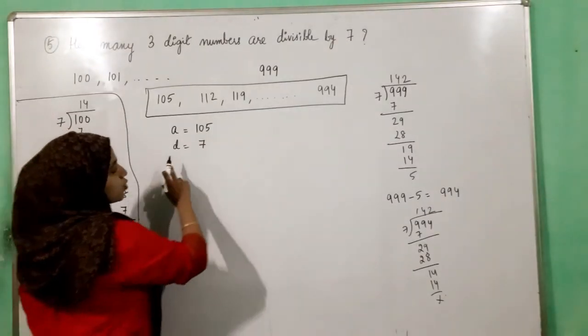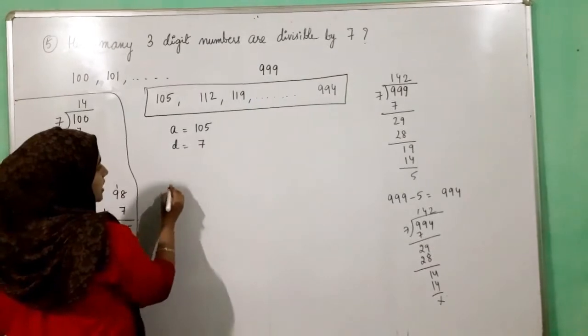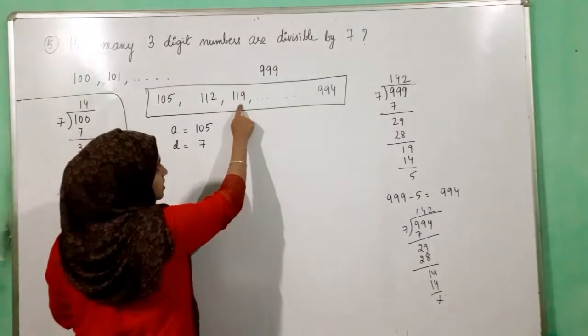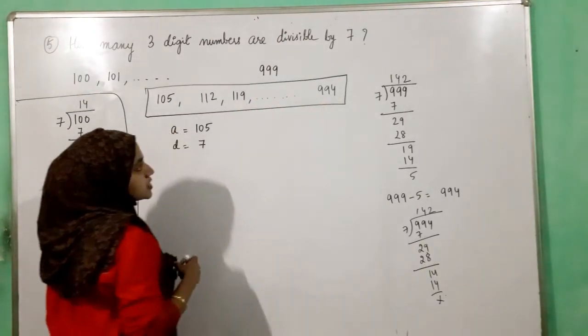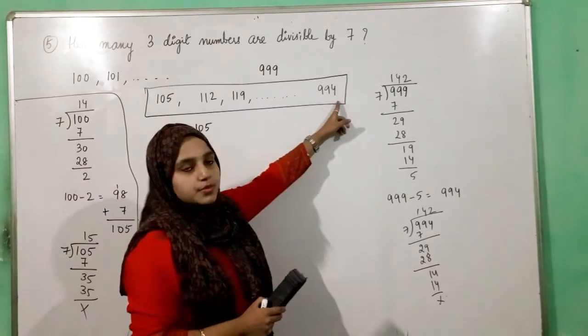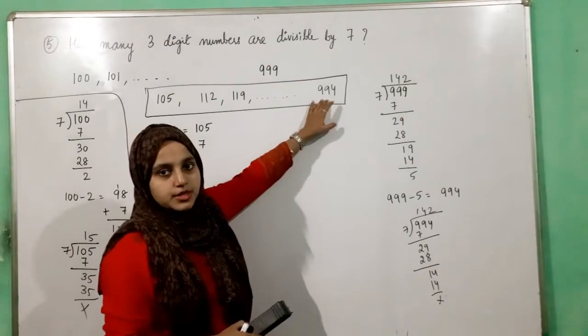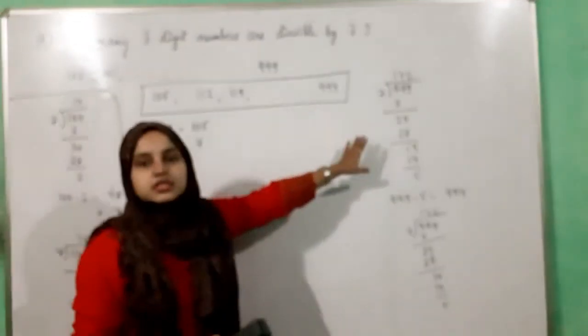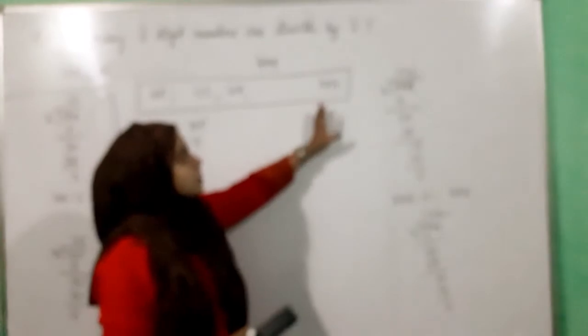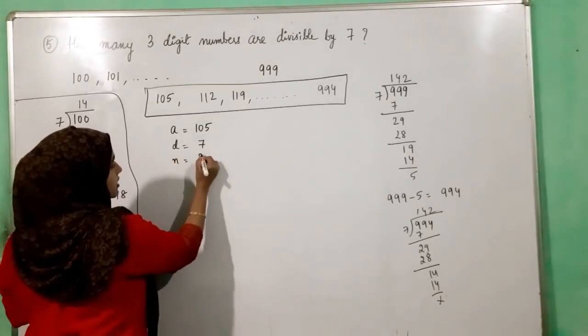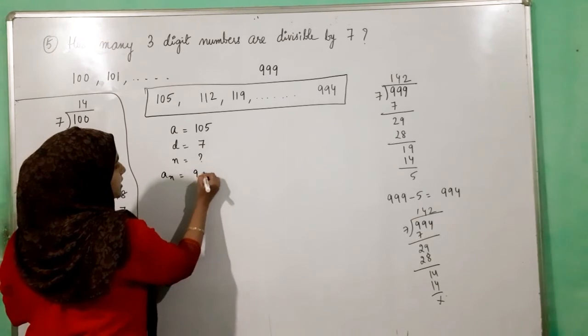So we have to find how many numbers are there. Okay, so how can we do it? We know the last term, correct? So the last term is 994. This is my first term, this is my second term, this is my third term. So this is the last term of this AP, correct? If this is the 20th term, that will mean that there are 20 terms in this AP. If this is the 30th term, it will mean that there are totally 30 terms in the AP. So I have to find which term of the AP is 994. So I have to find n, where a_n is 994.